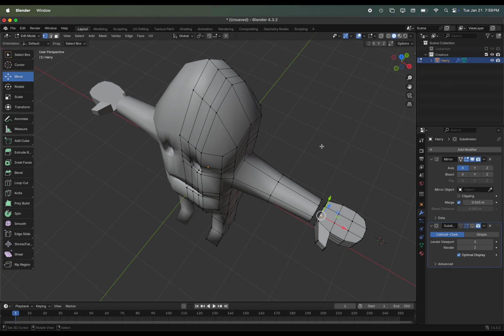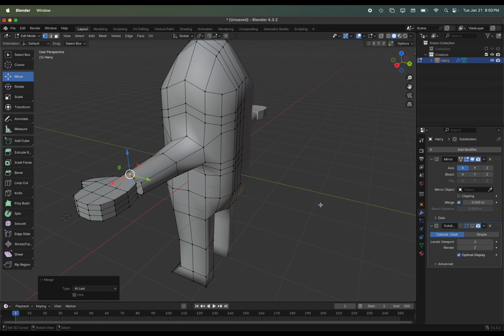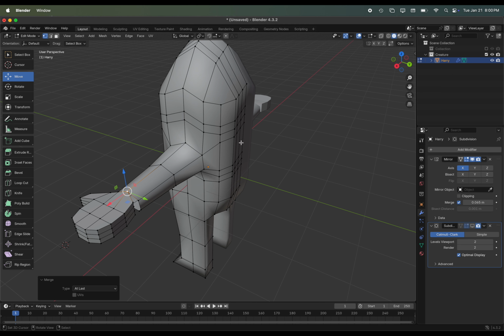So I'm going to select a vertex on the hand, shift right click to select a vertex on the arm, and then I'm going to press M for the merge menu, and you'll see there are several options here. It doesn't really matter what you choose as long as you have some sort of system. I'm going to merge it last, and that's just going to merge to the last selected vertex. So if I come over here, shift right click, select another vertex, M to merge, and at last. And I'm just going to continue that process. So that's option 1 for joining the vertices together.